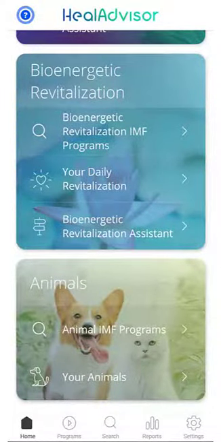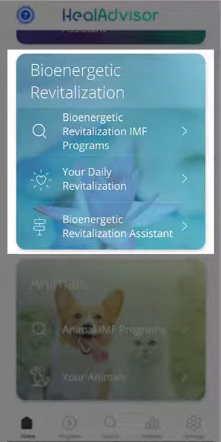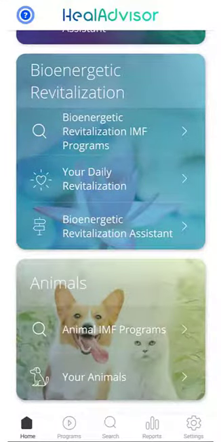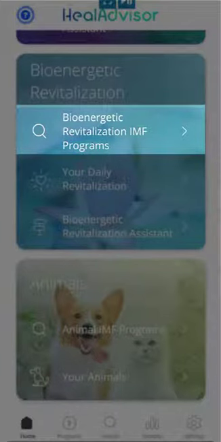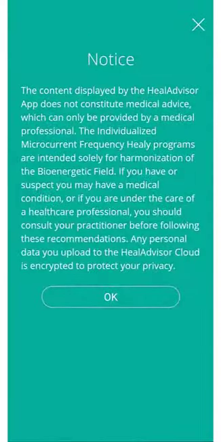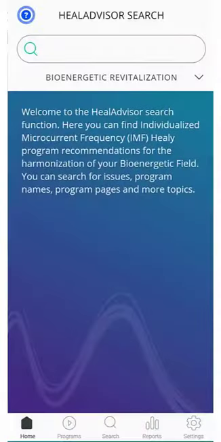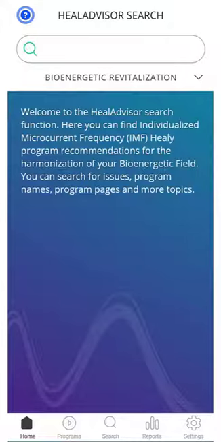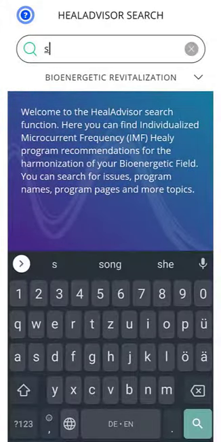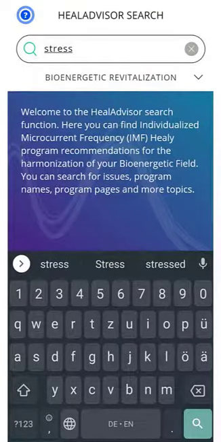With your Bioenergetic Revitalization subscription, you have access to 12 individualized microcurrent frequency or IMF programs for your healing. If you select Bioenergetic Revitalization IMF programs in the Start menu, you can search for a topic that is most important to you and find individualized microcurrent frequency programs to harmonize your bioenergetic field, which you can then use directly